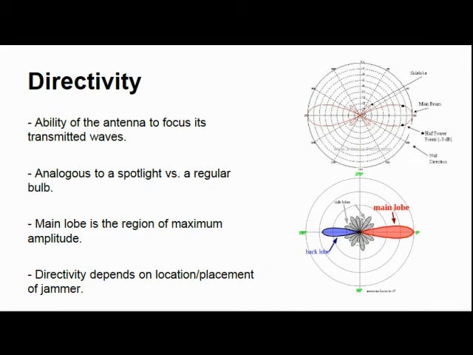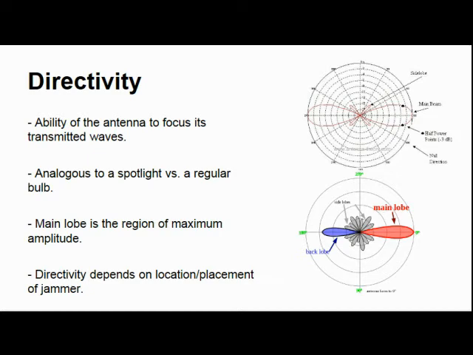Directivity is defined as the ability of an antenna to focus its transmitted waves. You can think of it as analogous to a spotlight versus a regular bulb. A spotlight focuses its light on a person, whereas a light bulb, for example in a room, shines light everywhere inside that room. So the typical shape of the transmitted waves will look something like this,